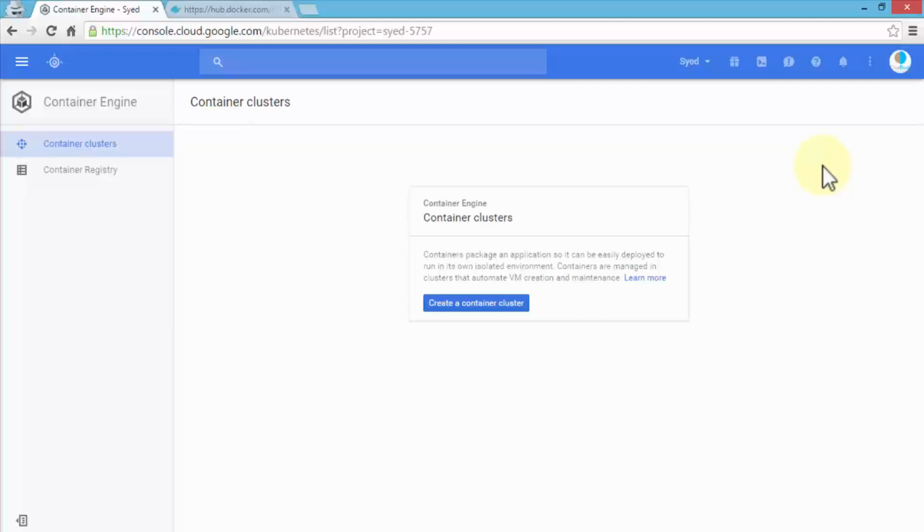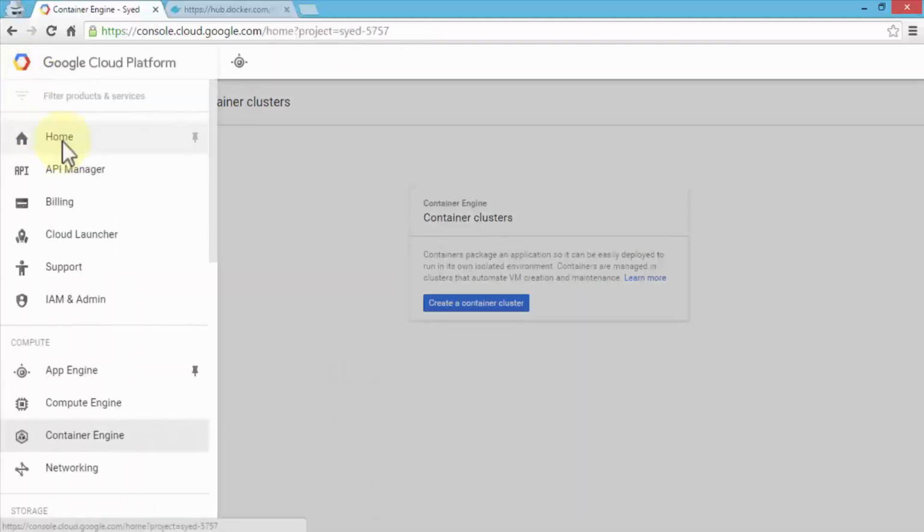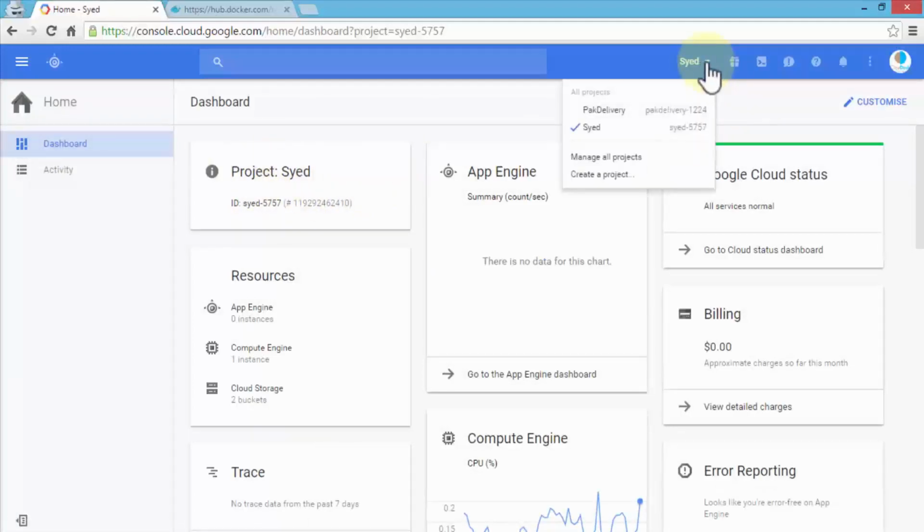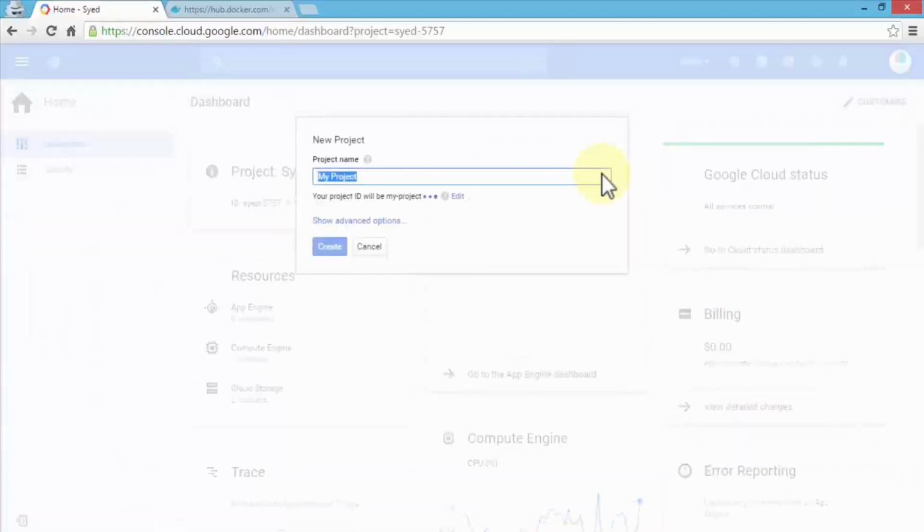Before I actually get detailed into the different areas in this lesson, I'm going to stick to creating a project, but I do want to mention our objectives as well. Okay, so let's go ahead and create a new project. Click on the gallery, let's go home, and here's my dashboard, and I have several projects, right? So if I click on the drop down arrow under my name here, notice there are two different projects that exist already, and of course the one with the check mark says side, and this is the current project I'm working on. So I'm going to go ahead and click on create a project,